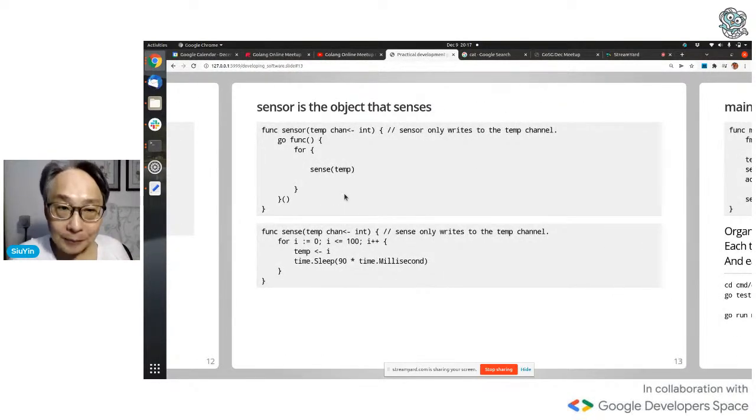But for now, suffice to say, this actuator function encapsulates a Go routine that actuates something, right? And a display is just a normal function that prints out stuff. And sensor is a thing, an object that senses things. And sense is just this very simple routine, right? The sensor takes that channel and passes that channel into sense, and this code you have seen before.